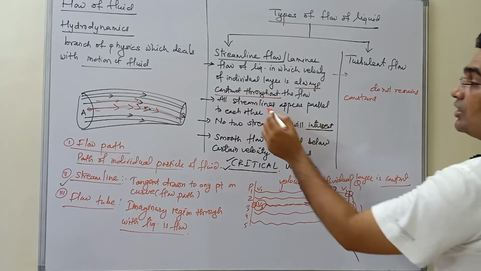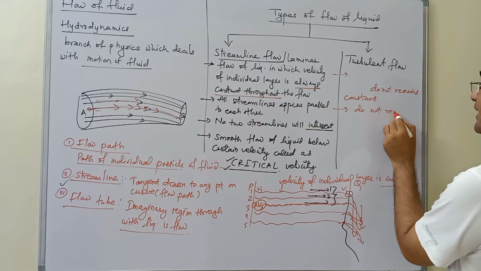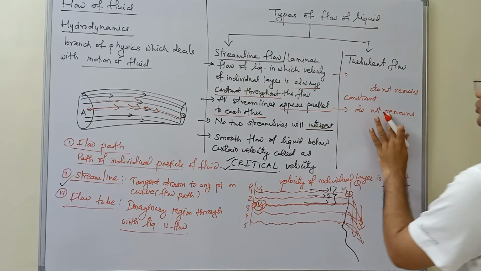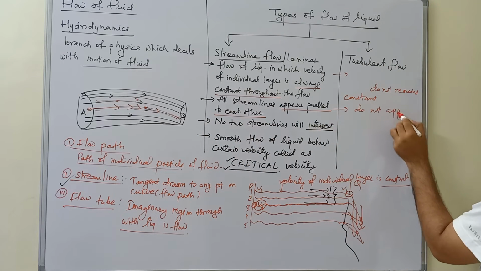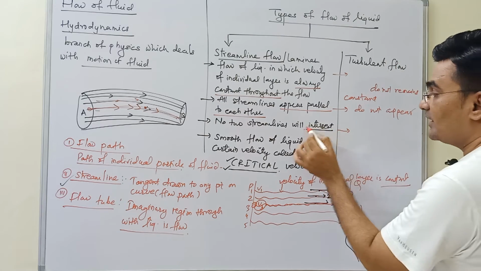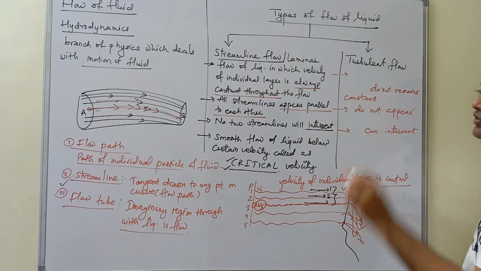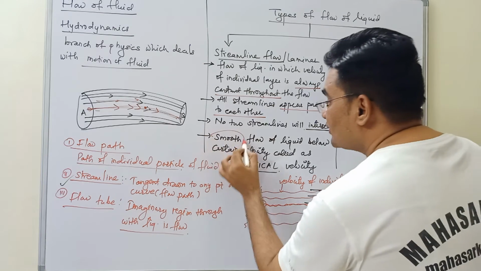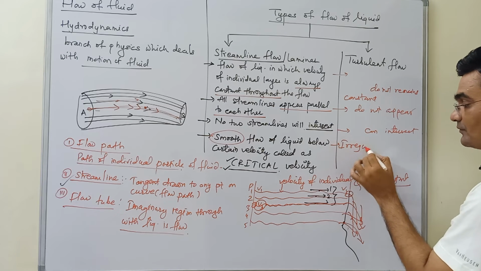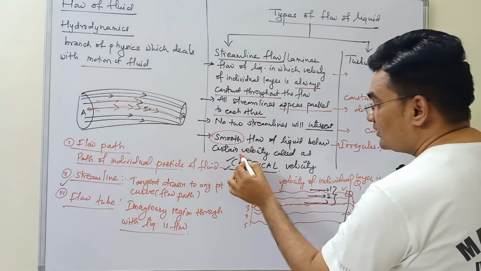All the streamlines do not remain parallel to each other. Here the streamlines can intersect, and instead of smooth flow, I will call it irregular flow